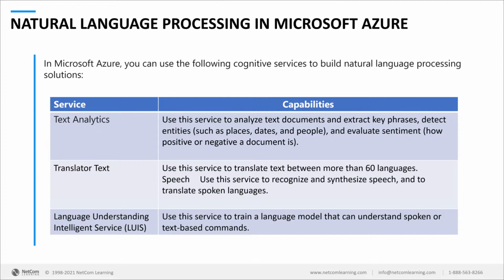The next thing is something called natural language processing. Okay, so this is another thing that is built into the Azure platform that needs to be set up and configured. But what this will do is that it sets up a list of cognitive features and cognitive services that you can use to build natural language processing solutions. And the types of services that we have for those include things such as text analytics, right? So we can use services to analyze different types of text and documents, extract key phrases, detect entities, and those